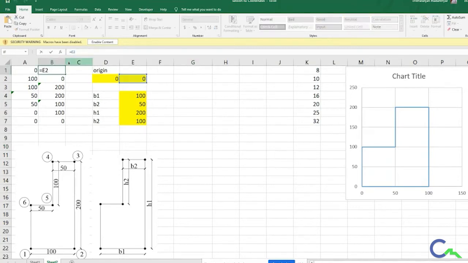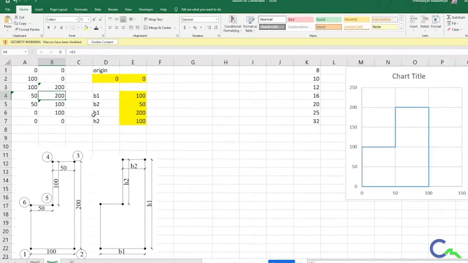Okay, if I come to the y values, if you have any doubt in between you can ask. For the y values, the initial value is the origin. For the second node, it is the same as the origin. We related that B1 cell. If I come to the third one, that is B2, whatever we got, B2 plus H1. You can see here B2 plus H1.